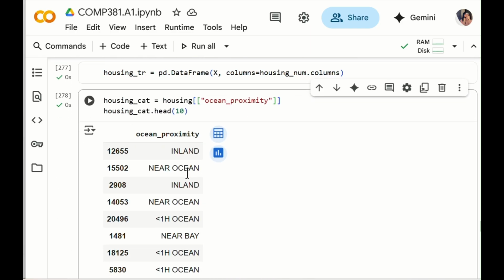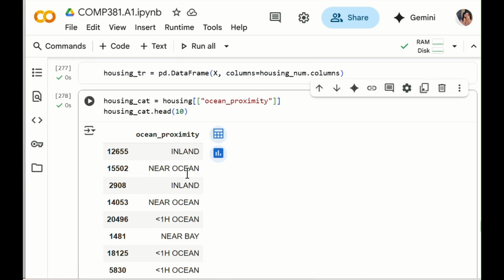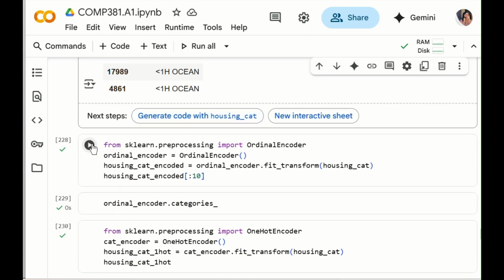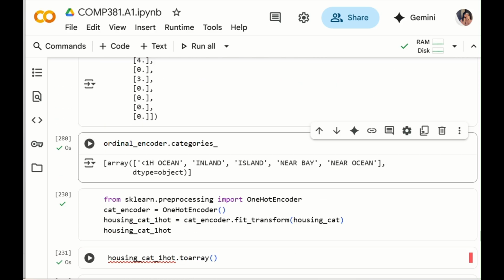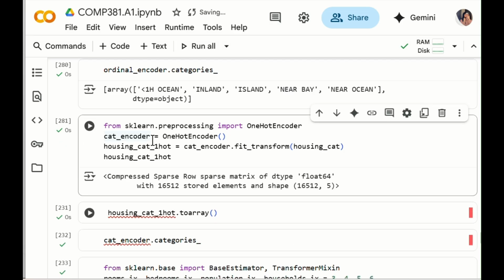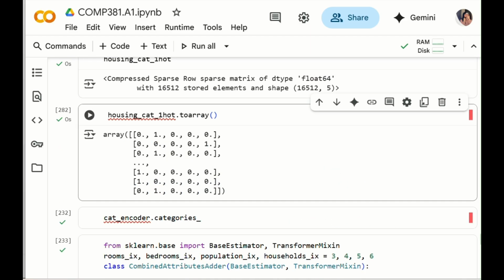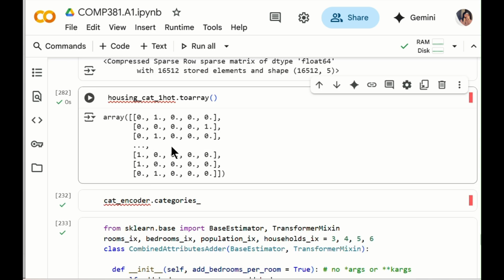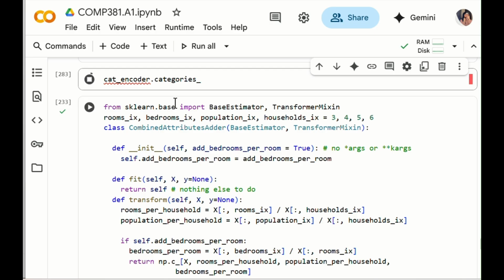This basically selects the categorical column and shows the first 10 values. This function converts categorical categories to integers, and this shows the list of categories. And this function turns the text column ocean proximity into a 0 and 1 column. This shows the full 0 and 1 table, housing cat 1 hot, toarray. Each row has a 1 for its category. This lists the category names,